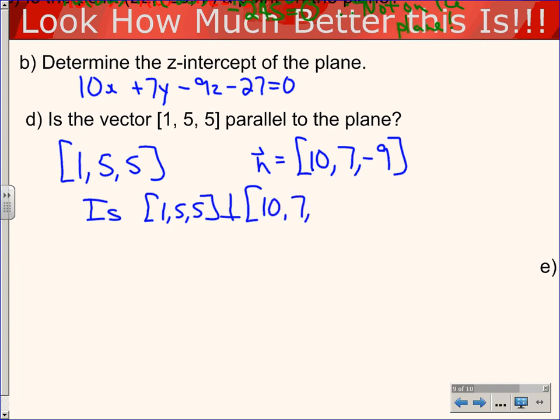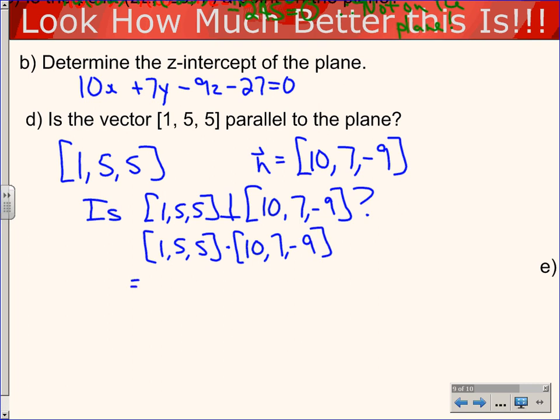Therefore, the vector is perpendicular to the normal vector, so it's parallel to the plane. Saying "therefore" so doesn't make sense. So therefore, the vector is